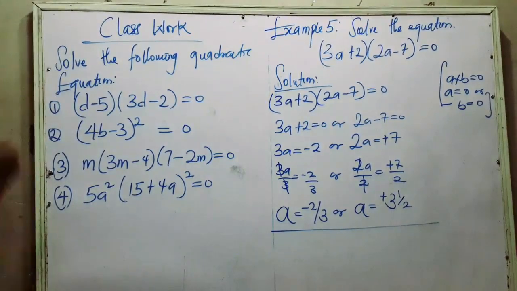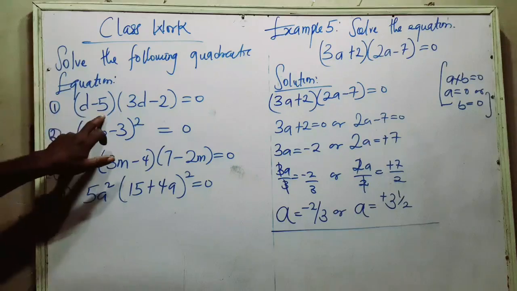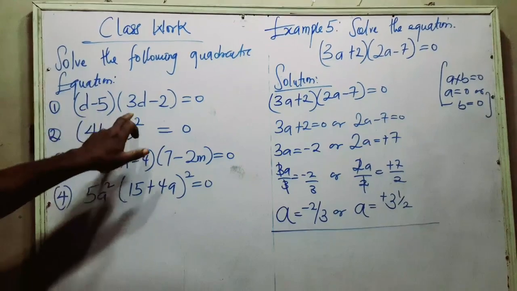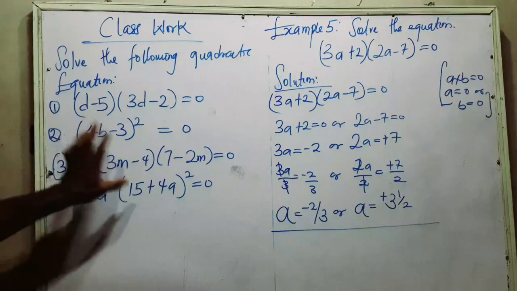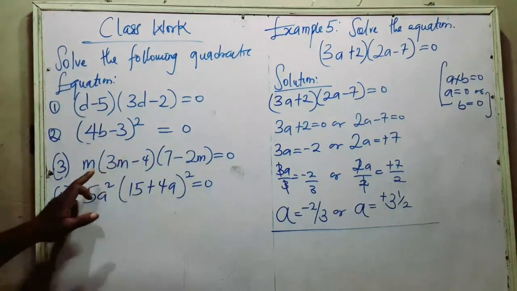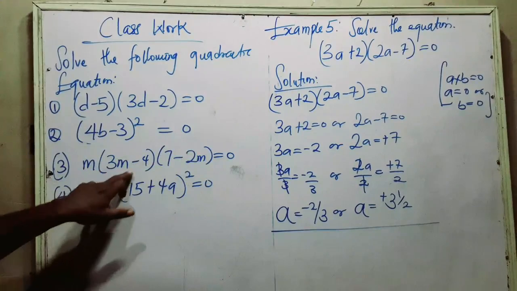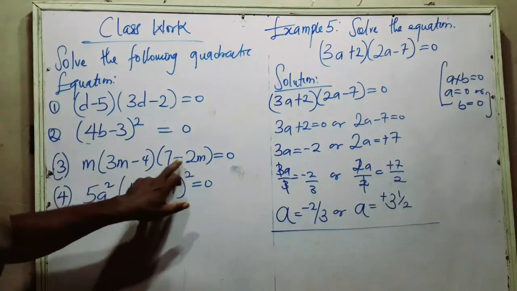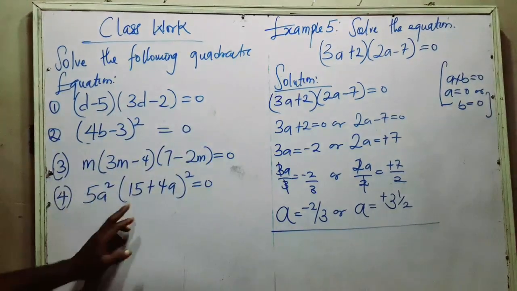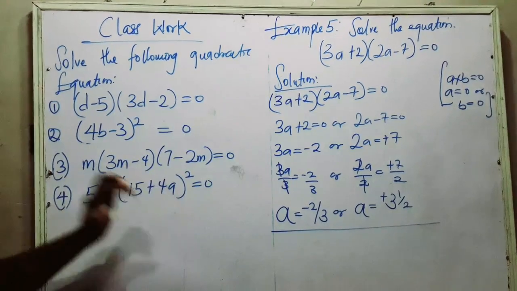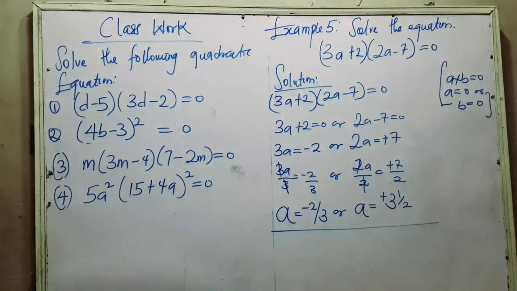So we are expecting you to practice these questions. Number 1: (d minus 5) multiplied by (3d minus 2) is equal to 0. Number 2: (4b minus 3) all squared is equal to 0. Number 3: m multiplied by (3m minus 4), multiplied by (7 minus 2m) is equal to 0. Number 4: 5a squared multiplied by (15 plus 4a) all squared is equal to 0. So these are the questions to practice for this